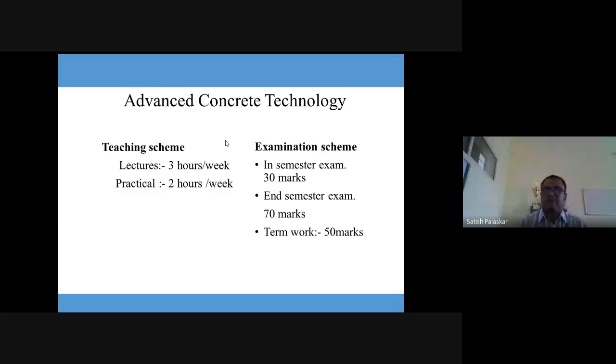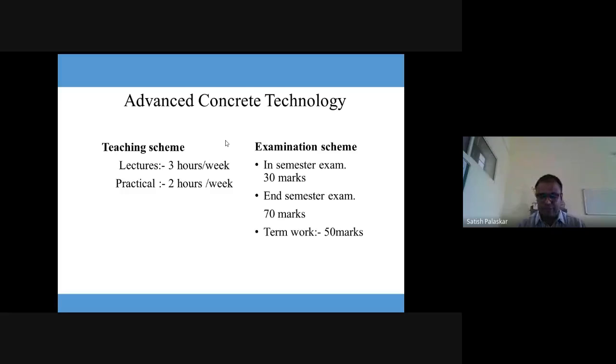But if you have to find out the strength of the existing structure, then you have to take a non-destructive test, because if you take a sample from that, then the structure may collapse, its strength will go on decreasing. So for that, different non-destructive tests are used, which are either a rebound hammer test, UPV test, or some other tests. So that part will be included over there in the B part of unit number 3.